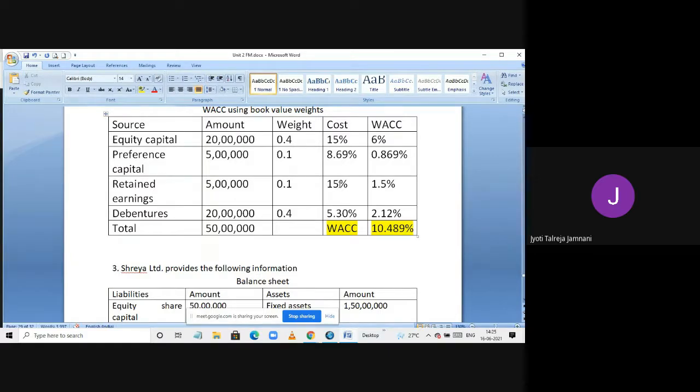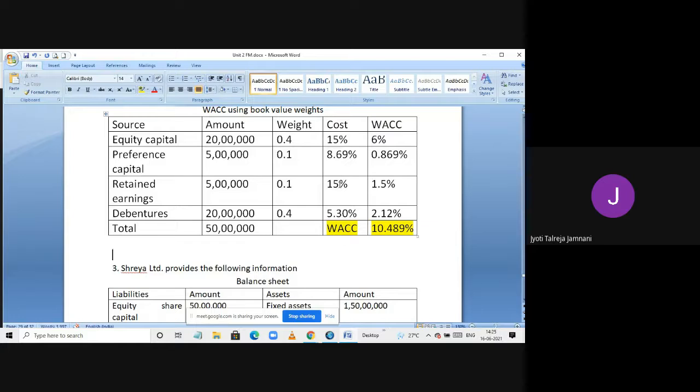Then 5 marks for finding weighted average cost using book value weights. Then another 5 marks for finding the market values. And the last 5 marks for finding the WACC using market value weights. So if it's a lengthy sum, it will come for case study. If you're unlucky, it may come for 10 marks. But usually such lengthy sums should be coming for case study. So it depends on your luck also.